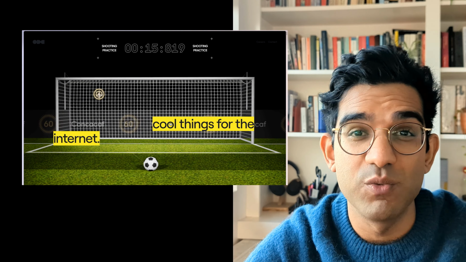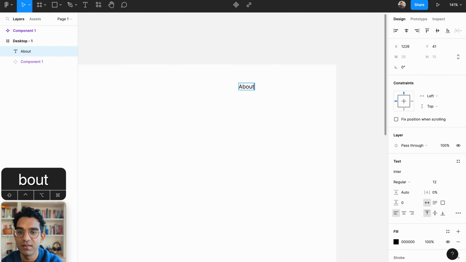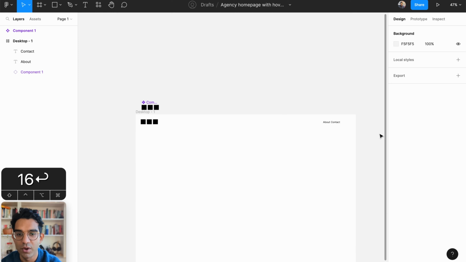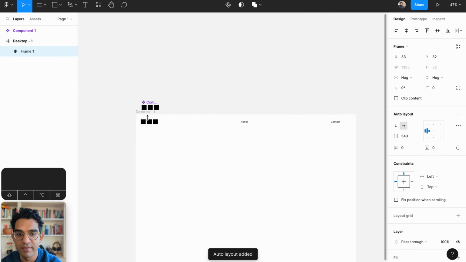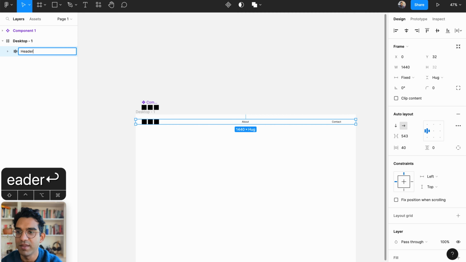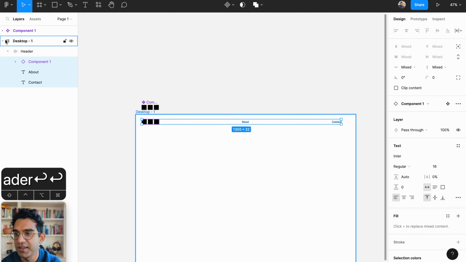Then over here on the other side, I'm just going to make some links. So we'll have about and contact. Set those both to 16 point size. And we'll wrap the whole thing in an auto layout frame. If we give them a margin of 40 on either side and set that to the full width of the canvas and rename this frame to header,